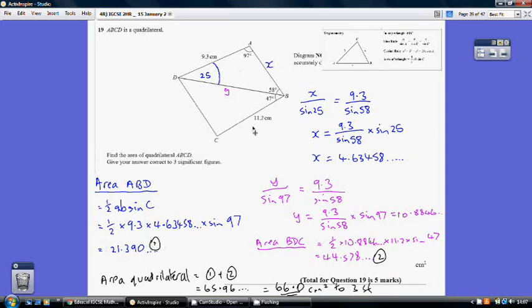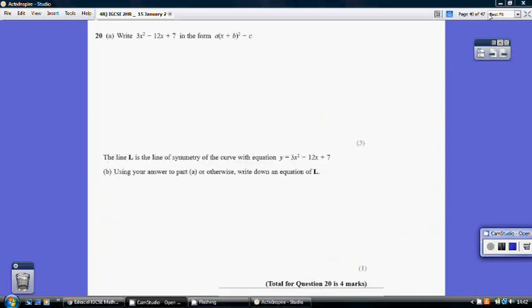Now moving on to the triangle below, I have this side, I have